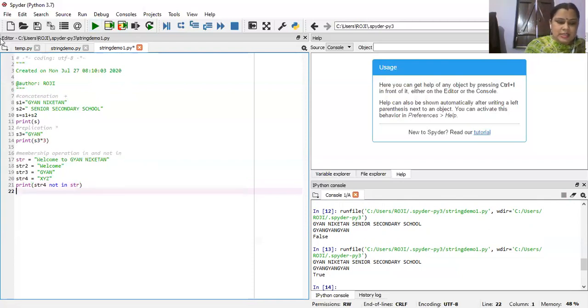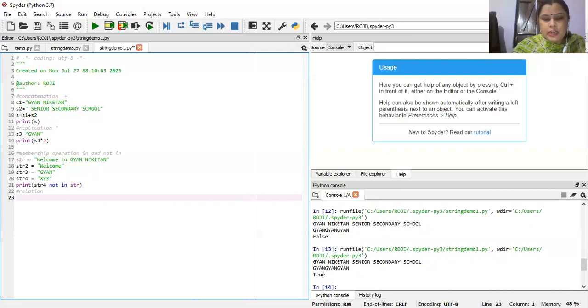And the last one is the relational operators. A relational operator gives a result, and the value is compared according to the ASCII value. If we are using ASCII characters, then the value of a is greater than the value of capital A, and it returns the true value.